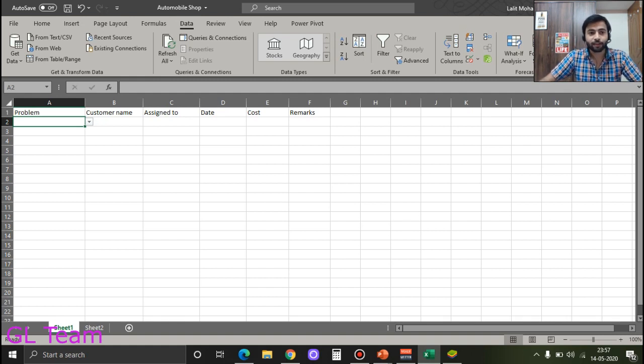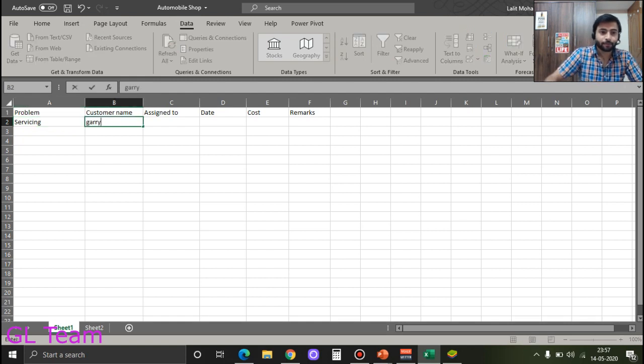So one thing which we need to remember in our Excel is we need to format a table on our data so that Power Apps will create an ID for it, and then Power Apps will do some work on it. Let's say this is my servicing problem. I have these many problems for a bike. Let's say servicing, customer name is, let's say, Gary, and assigned to is Vijaya, my mechanic's name.